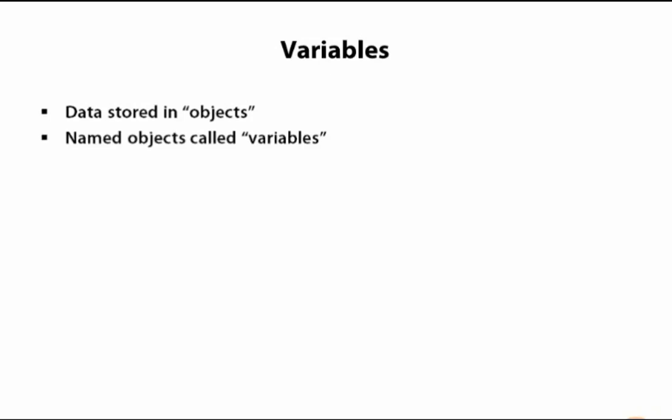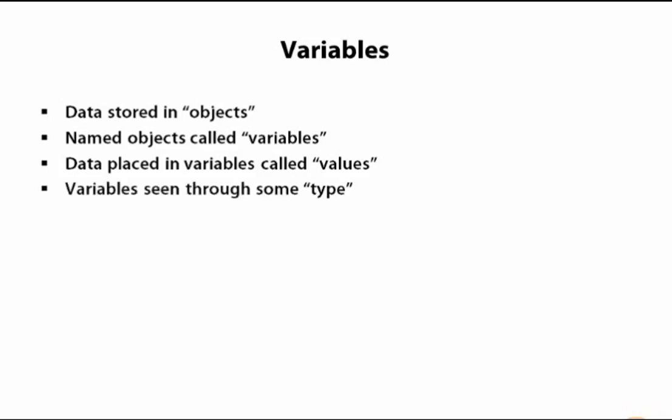The information we actually store inside an object is called a value. Of course, the machine itself typically has no idea how to interpret the information it contains, but the program certainly needs to know. For this reason, a variable has a specific type. And it's this type that constrains the use of that variable such that only operations appropriate to the type may